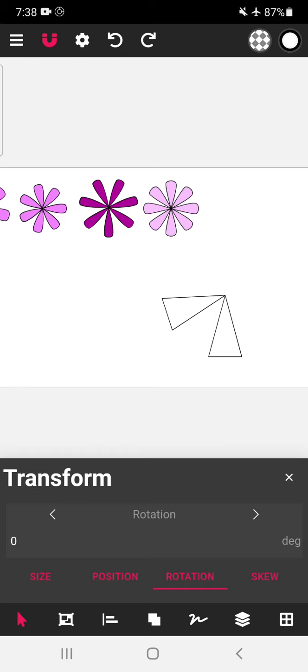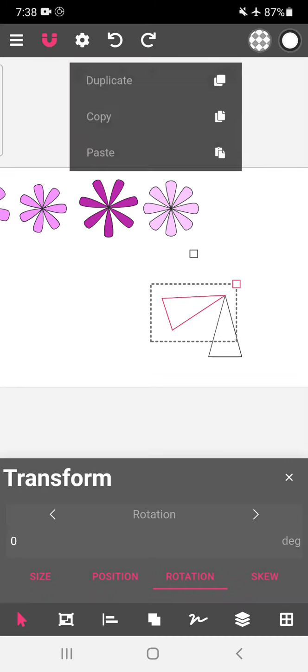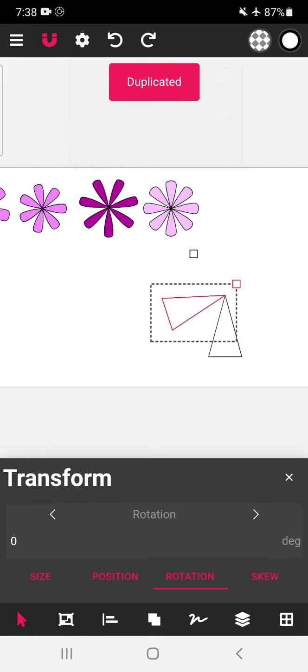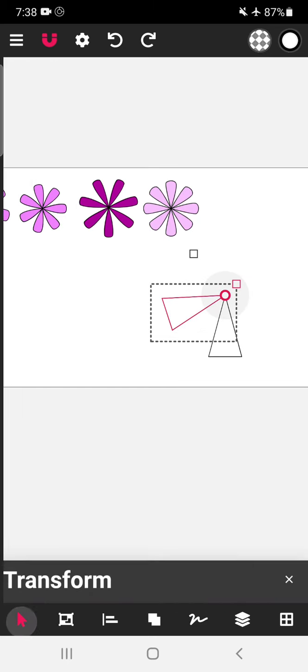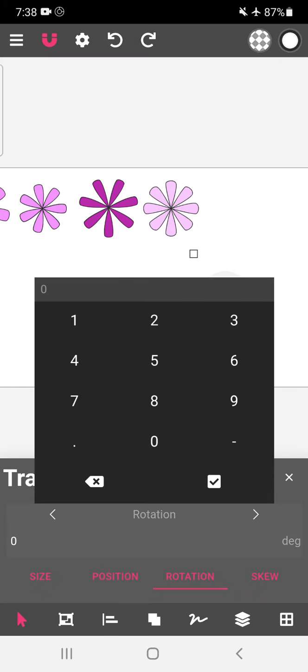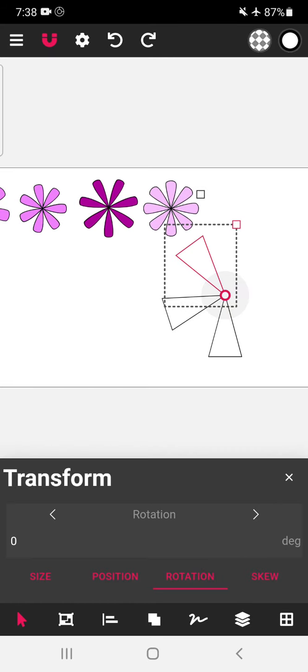So now it is rotated 72 degrees. Again you have to repeat with the same. Click here, duplicate, tap here, take the point to the center, rotate tool, rotation 72 degrees. So like this we have to repeat it 2 more times.